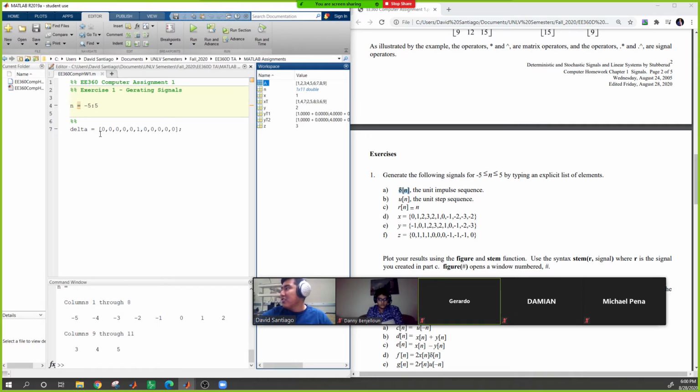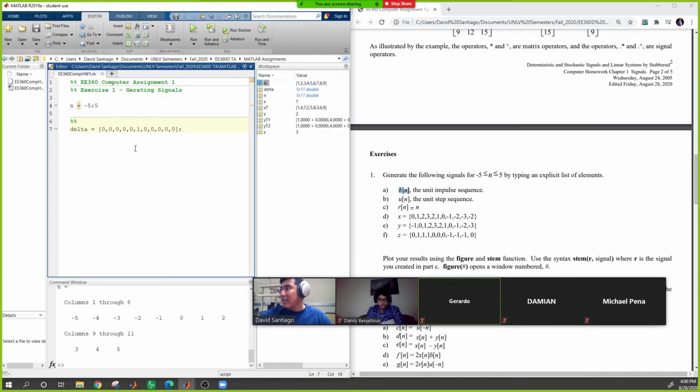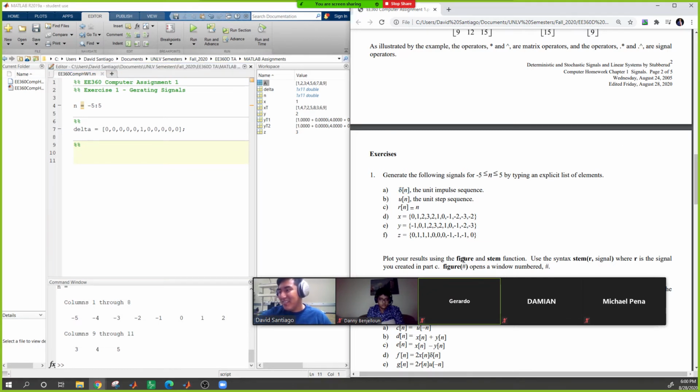And let's generate this signal. Oh, look, we have 11 numbers. So let's teach you your first function, and that function will be the figure function, and the stem function, as you can see right here. So the figure function